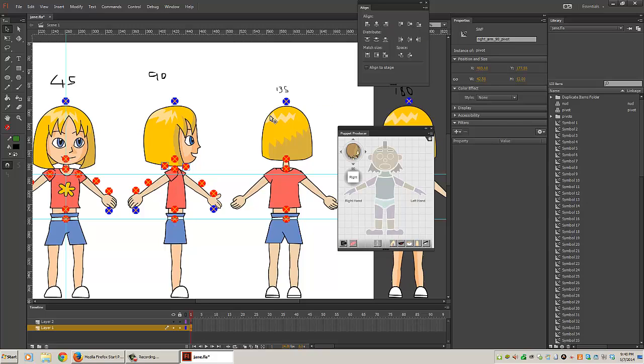Now ideally you want to place on the 90 degree angle these pivot points right in the middle. So we're gonna do this and then that, and that places those pivot points exactly where they need to be, and we align them against that guideline. We'll do the same thing for this one. We'll go to the 135 view,